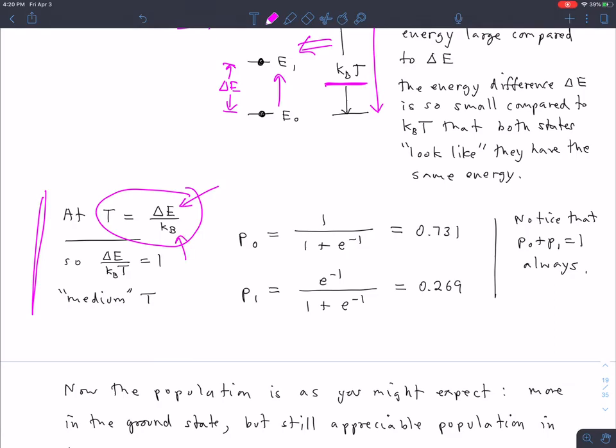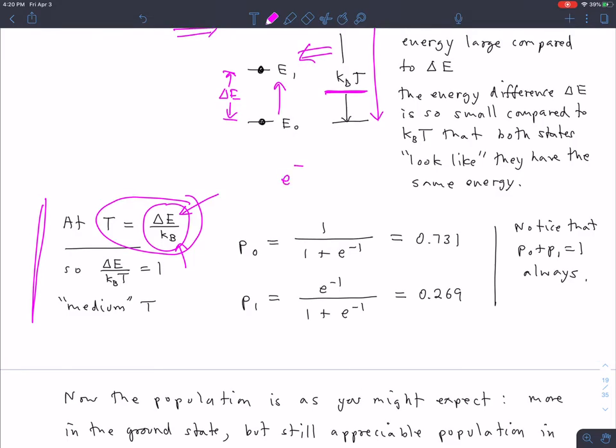Kb has units that turn energies into temperatures, and so this whole thing has units of Kelvin and is therefore a temperature. If we plug in e to the minus beta delta E, and we put delta E over Kb into here,